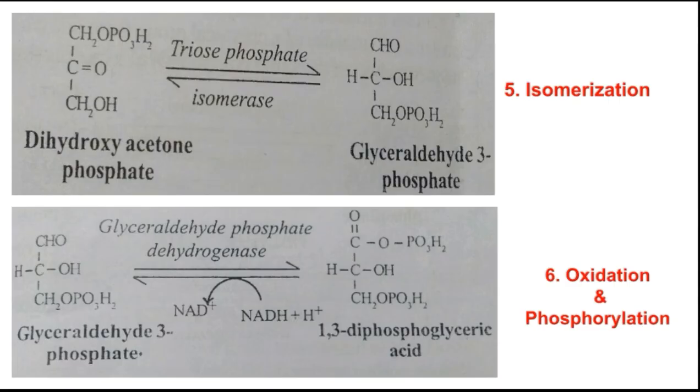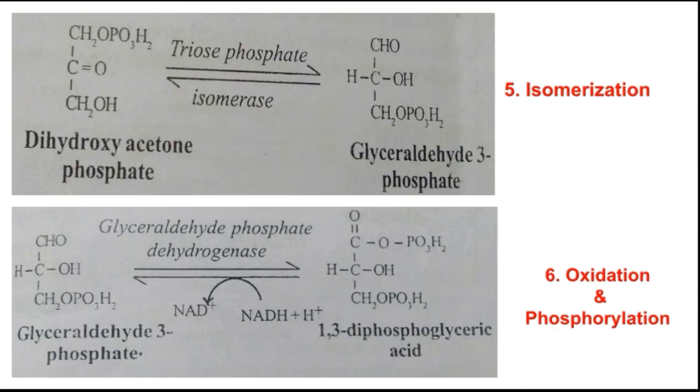After that comes the sixth step. In the sixth step, oxidation and phosphorylation occur. Glyceraldehyde 3 phosphate is oxidized and phosphorylated simultaneously under the influence of the enzyme glyceraldehyde 3 phosphate dehydrogenase, in the presence of NAD and inorganic phosphate, to form 1,3-diphosphoglyceric acid. The coenzyme NAD is in the oxidized form and has a net positive charge, and hence is